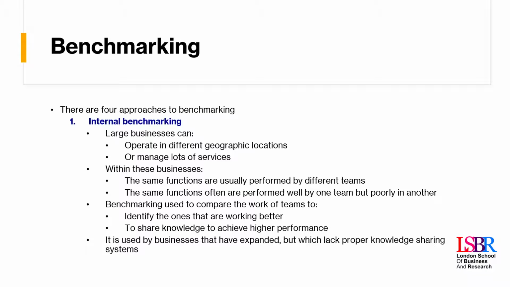Within these businesses, what tends to happen is similar functions are usually performed by different teams. So for example, there'll be a marketing team for UK and Europe. There'll be a separate marketing team for China and maybe South Asia. There'll be a separate marketing team for North America, maybe even a separate marketing team in South America. So what you can tend to do is learn from those different areas. You can learn from those functions that are exactly the same. It's all marketing, okay? But different geographical entities, different areas, different people will have slightly different ways of working. It's down to you as a business to identify which one works best.